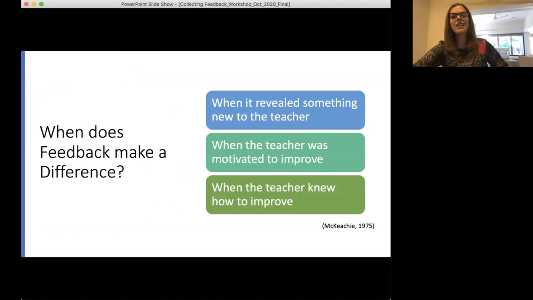So the literature tells us that feedback makes a difference to teachers when it reveals something new to us, when we're motivated to actually improve the course or our lessons, and when we know how to improve. It's all fine for me to give you these great feedback forms and you use them with the class, and then you don't know how to make the changes or do something different, right? So that's where I think we can help you, your peers, your colleagues, with the Learning Institute as well,